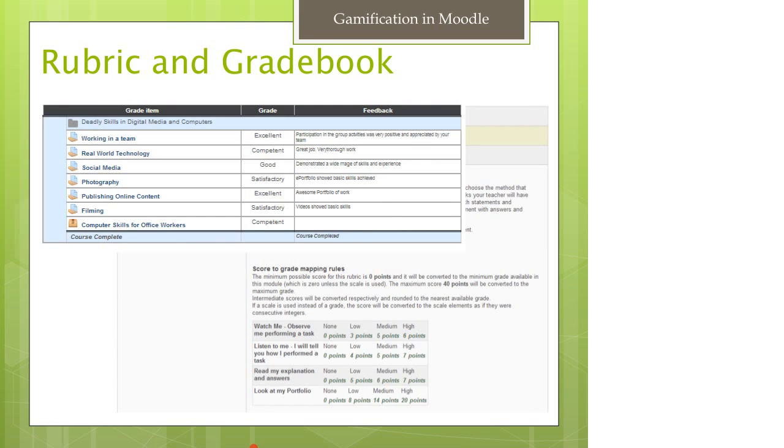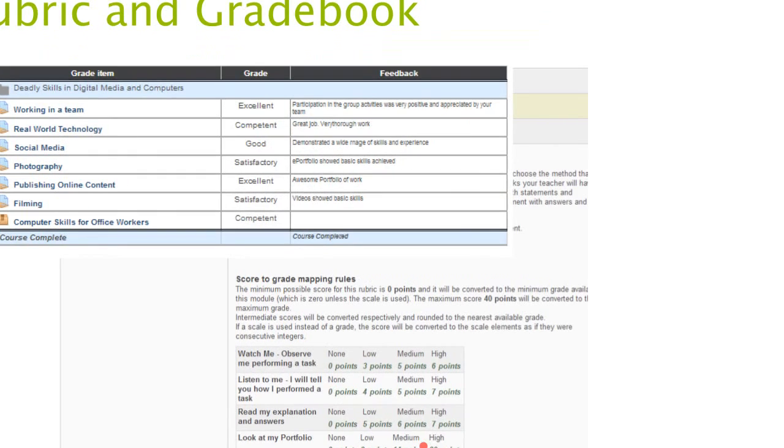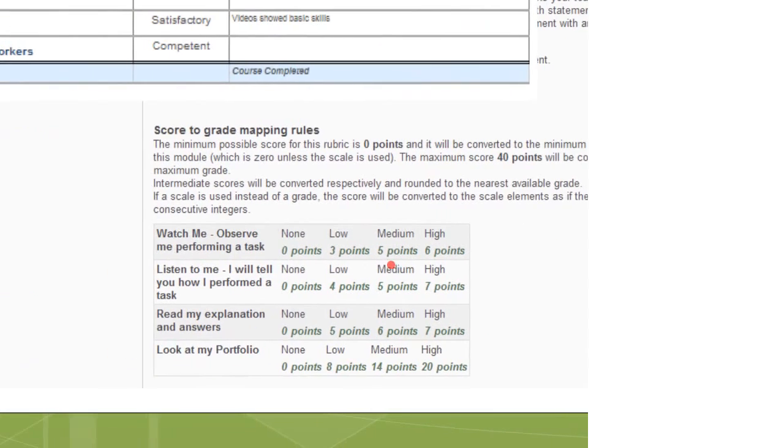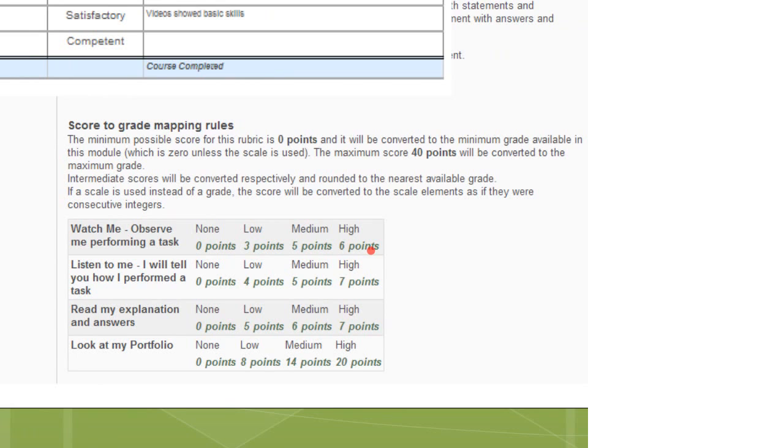And if you look at the gradebook, you'll see that I've set up perfectly working competent grading, where you get graded satisfactory or excellent or good. And I've also played around with rubrics. I'll see if I can zoom in a bit here. It took me quite a while to get the maths right behind this, but it does work that you get a score out of 40,